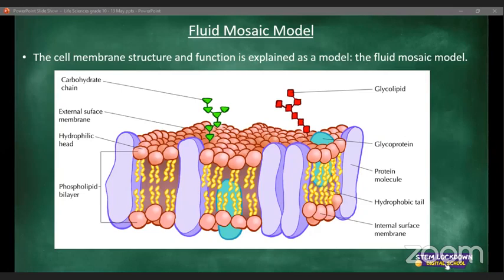So this is our fluid mosaic model. The polar heads, the non-polar tails are inside. These ones, they do not react with water, and these ones on the